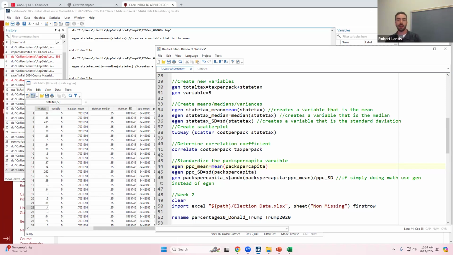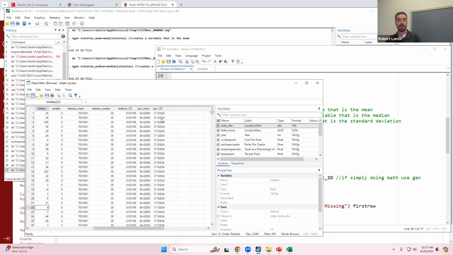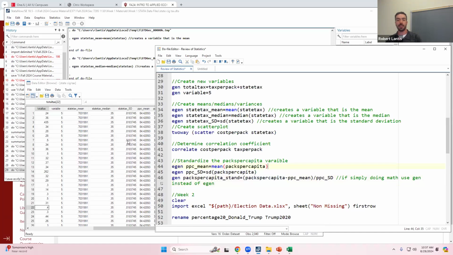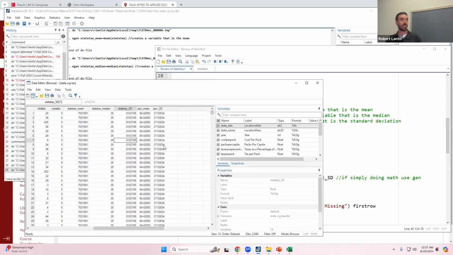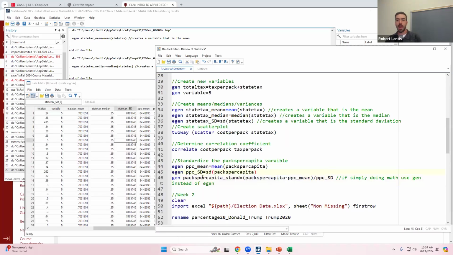So I can standardize a variable by taking that variable, subtracting the mean, which I have calculated for every single observation here, and dividing by the standard deviation, which I have in a separate variable here as well, and then create this new variable, which is PAX per capita, and I put stand for standardized. You can call it whatever you want.